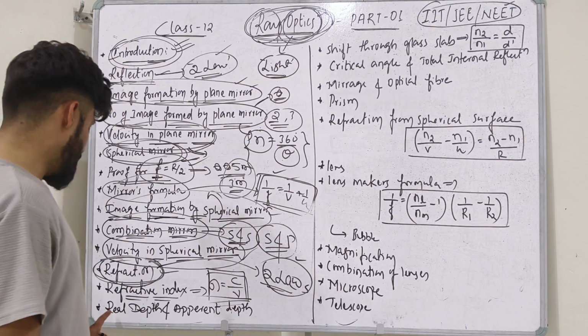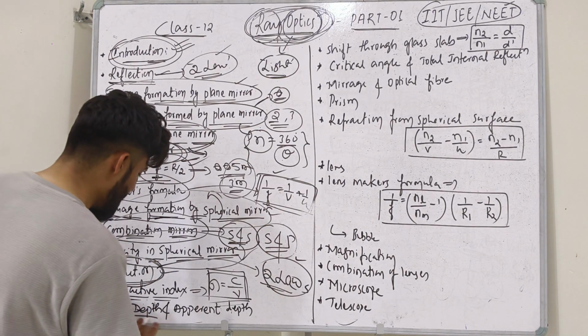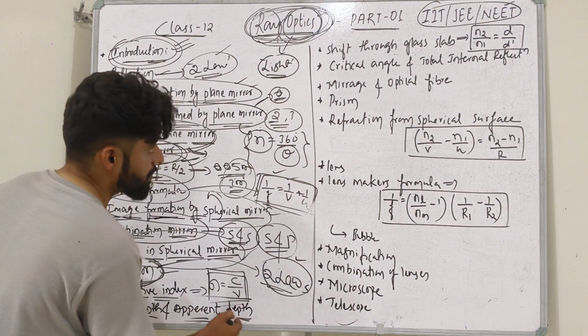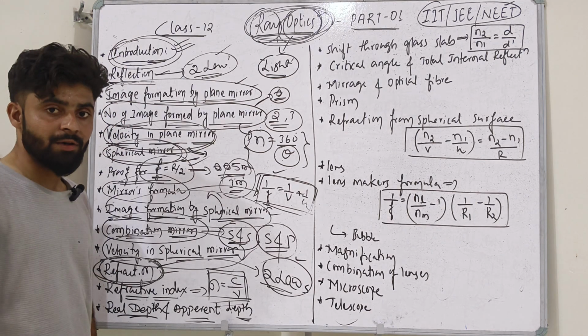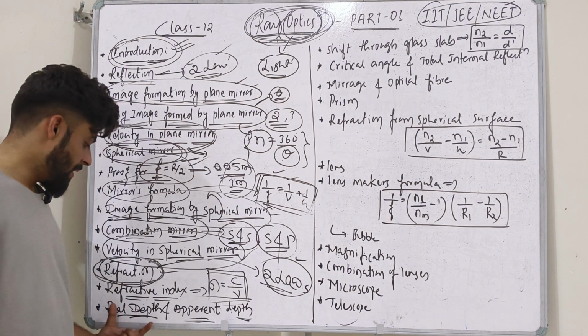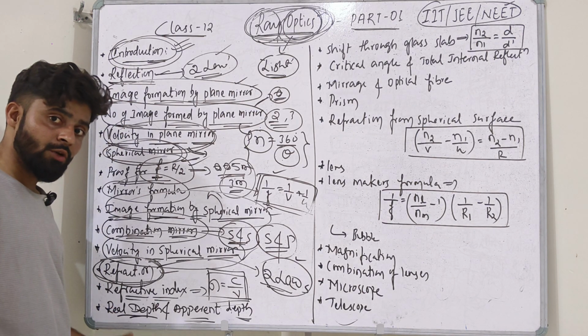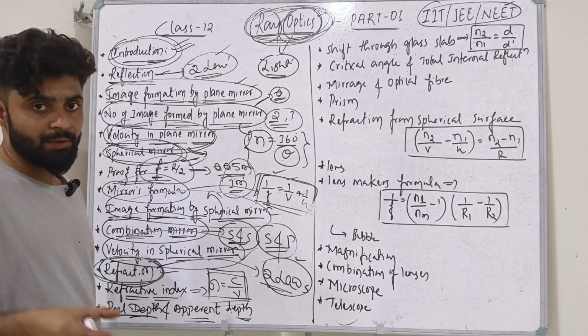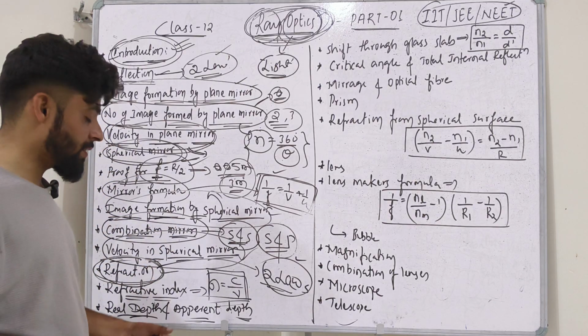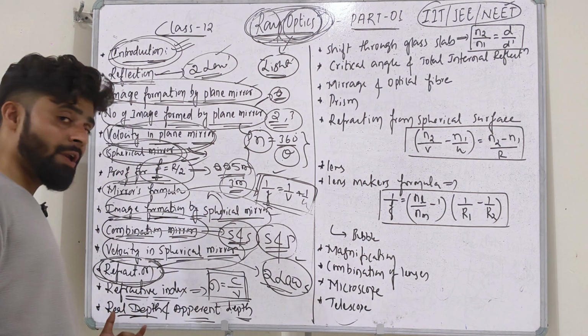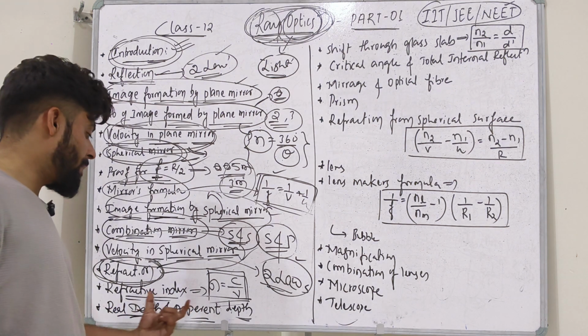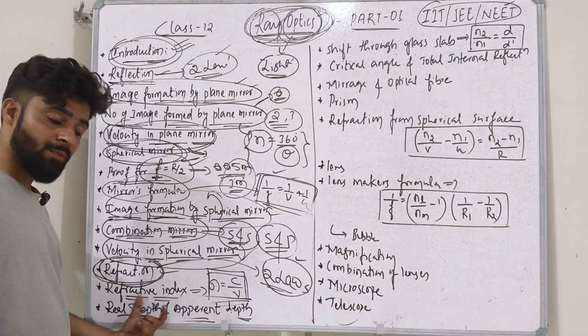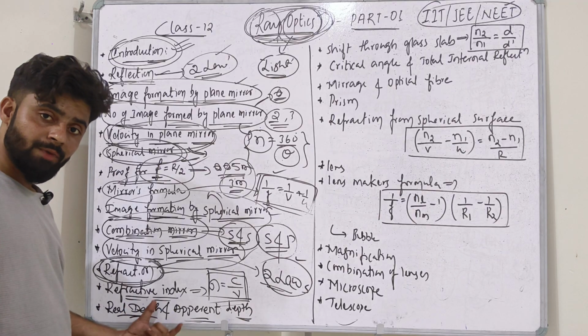We will see that. And after that, real depth and apparent depth. Due to refraction, there will be a real depth and it appears to be a different depth. ಹೌದಾ, ಅಪಿಯರೆಂಟ್ ಡೆಪ್ತ್ ಚೇಂಜ್ ಆಗ್ತದ as compared to the real depth. ಅಂದ್ರೆ ರಿಯಲ್ ಡೆಪ್ತ್ ಅಂದ್ರೆ ಏನು, ಅಪಿಯರೆಂಟ್ ಡೆಪ್ತ್ ಅಂದ್ರೆ ಏನು, ಪ್ರಾಬ್ಲಮೆಟಿಕ್ ಪಾರ್ಟ್ ಏನದ,